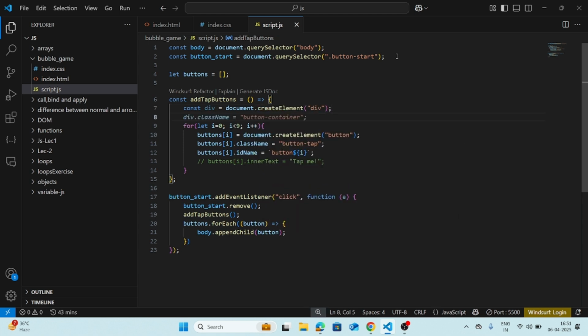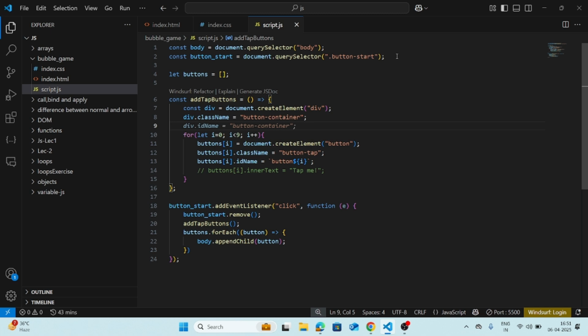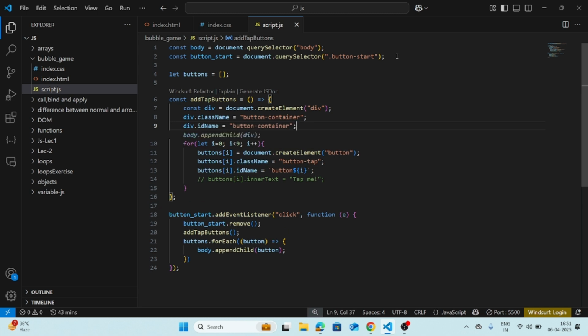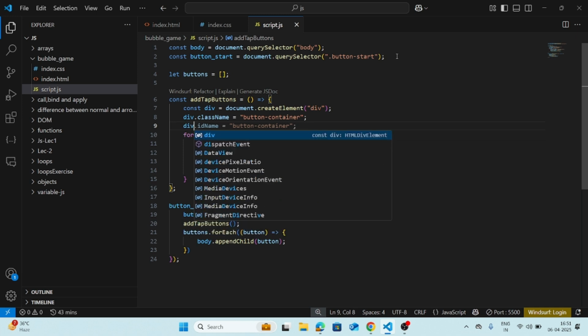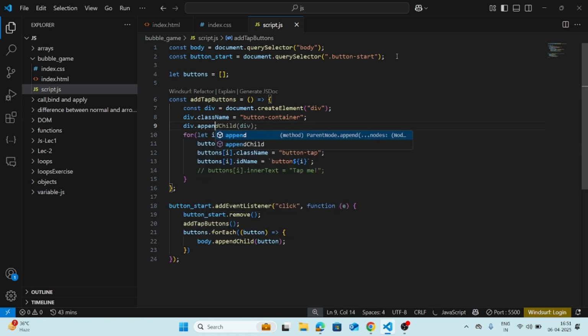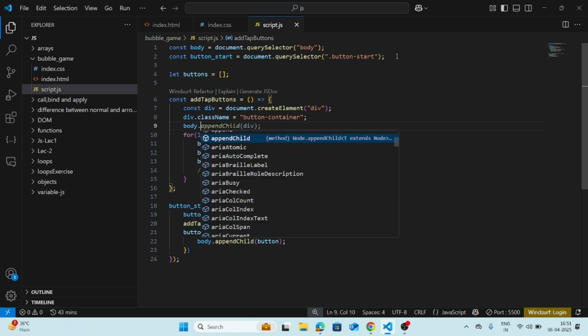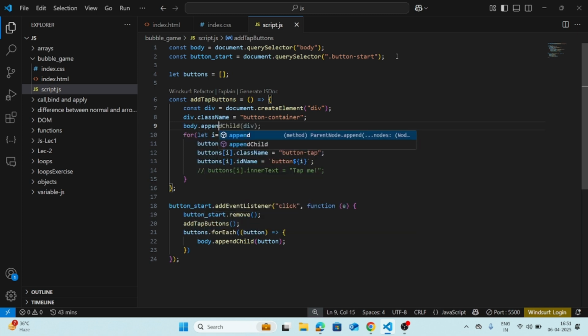What I want is div dot class name is equal to button container. This will be a button container. This dot id name maybe we don't want right now. Okay, what I need is I want to append this child into body, so body dot append child. Okay, append child div, and